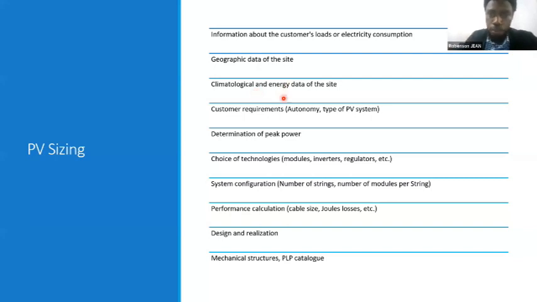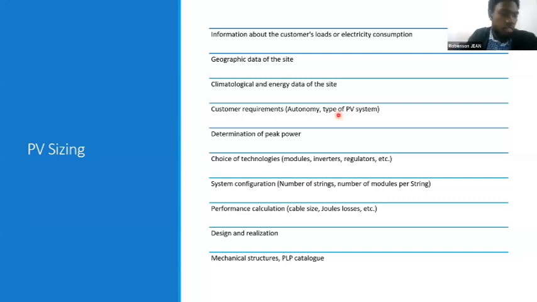It is very important. And also we have to take into account the customer requirements, like the number of hours of autonomy, the type of PV system,